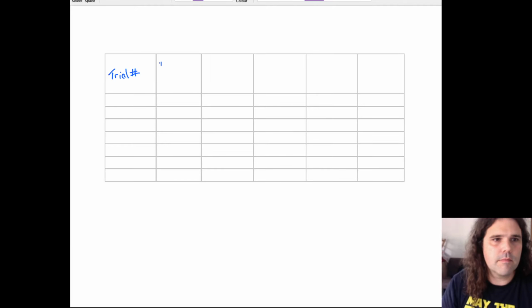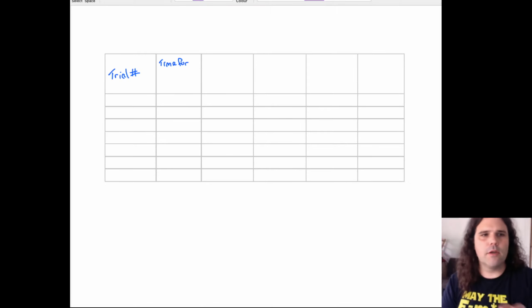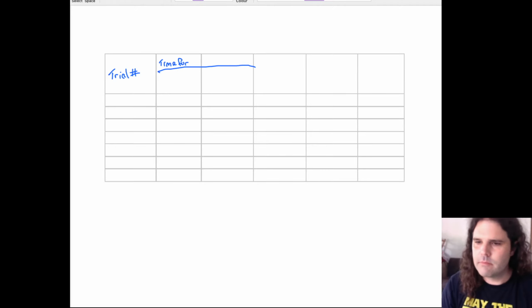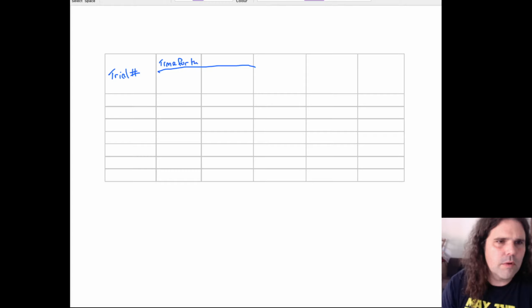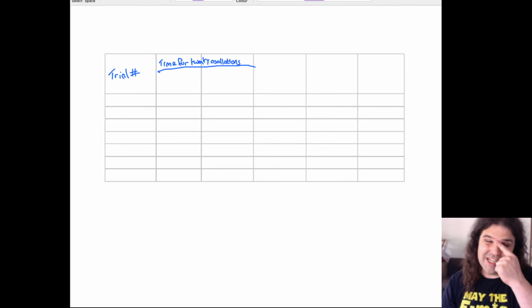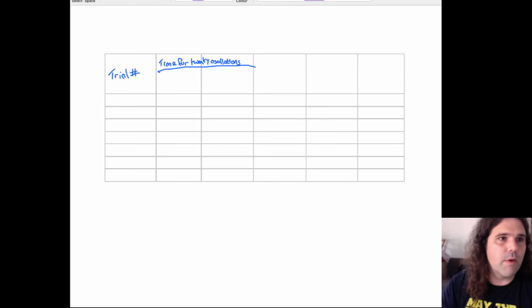So you could say time for. Now, as we're doing this twice, it's kind of acceptable to have a heading that goes right the way across. If I could do a fancy merge thing on this, I would, but we'll just have to pretend that I've got a line across there and that line in the middle isn't there. Time for 20 oscillations. Now, this is just my personal preference, I like things in results tables to be nice and simple, so in terms of a nice defined symbol. So actually, whilst it's perfectly acceptable to write that, because it's clear, provided I've defined what I need it to be later on, I quite like writing